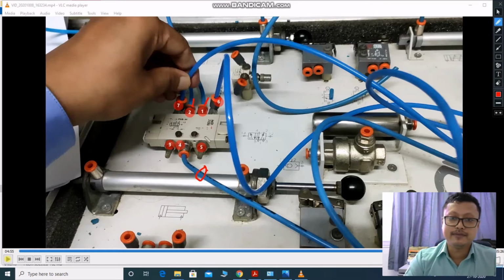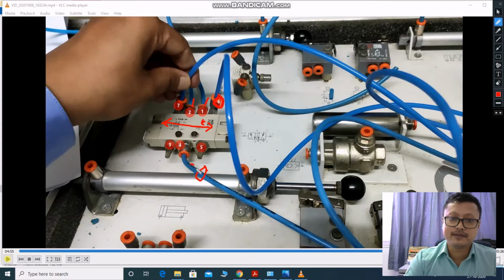If you allow air to pass through number 6, where it is connected from the push button switch, air goes in and a spool inside this directional control valve shifts to the left side.